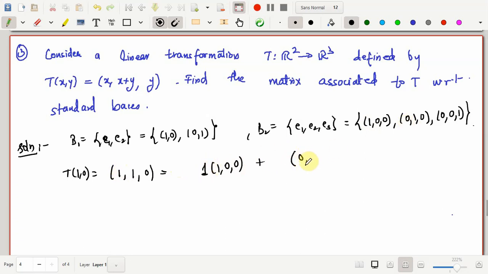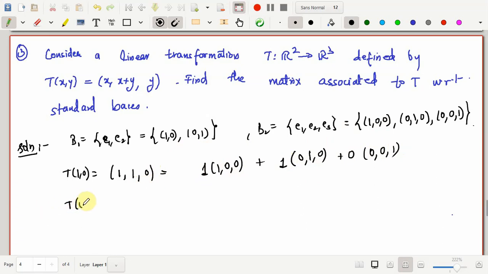Now you write down the second element, that is E2 here. Look, these are the scalars, by the way, which I'm multiplying. Look at the second coordinate. It's 1, so this is 1, and you multiply it to E2. And the last one is E3. Last coordinate we want it to be 0, so this has to be 0. So now if you sum this up, you will get 1 comma 1 comma 0. This is 1 comma 0 comma 0 plus 0 comma 1 comma 0 plus 0 comma 0 comma 0. That's the same as 1 comma 1 comma 0.